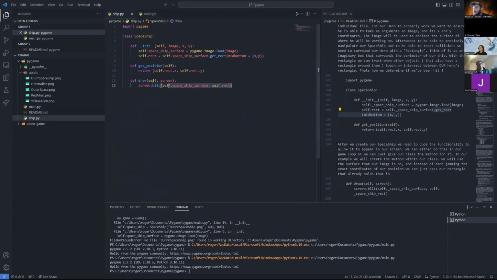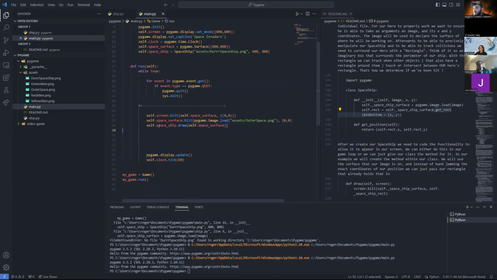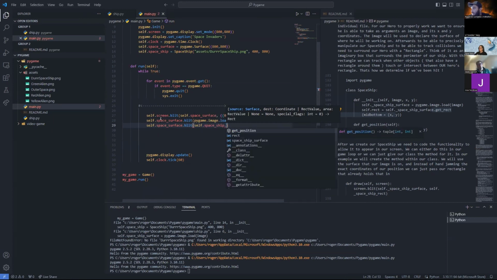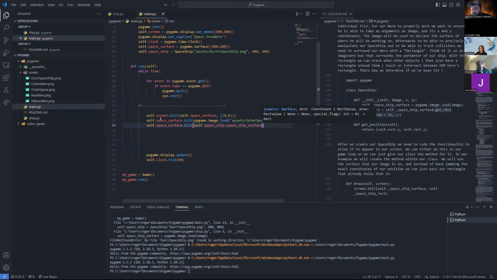What if I didn't use the draw method? I could essentially grab all this that I just did here, remove that method, and I would have to manually add it in here. I would have to get space surface dot blit and then pass it. I would have to grab the image, so I'll have to do self dot spaceship dot spaceship surface, right? Because that's where I have my image loaded at,